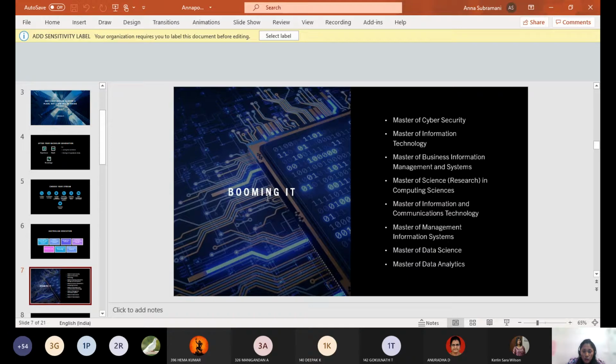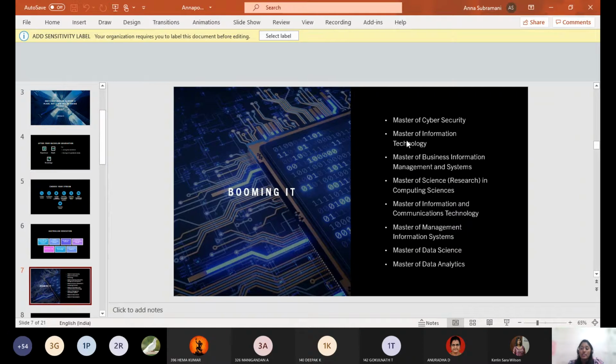All the IT and computer science come under the STEM field. In booming IT, one of the courses is a master's in cybersecurity, because cybersecurity is the most booming field when we talk about Australia. Sometimes I realize, why didn't I do a master's in cybersecurity? I really want to upgrade by doing a cybersecurity course, because it's a field that is always rising. And the next is information technology, the course that I did.